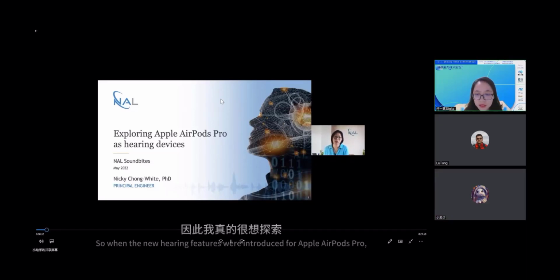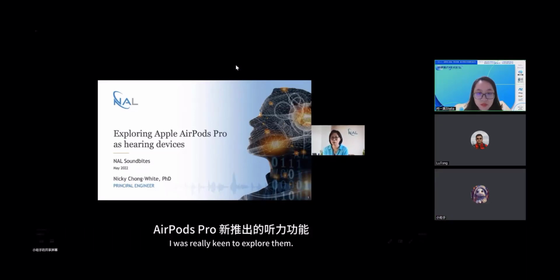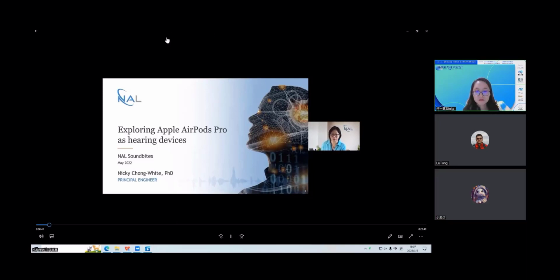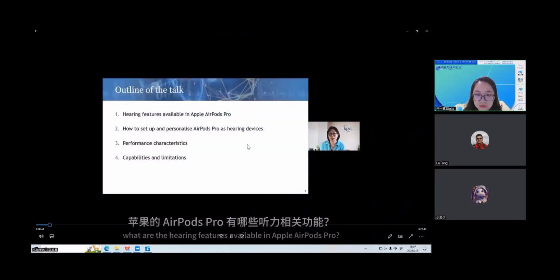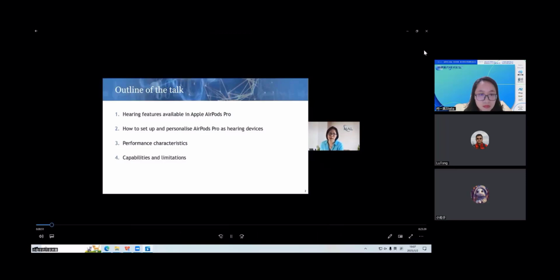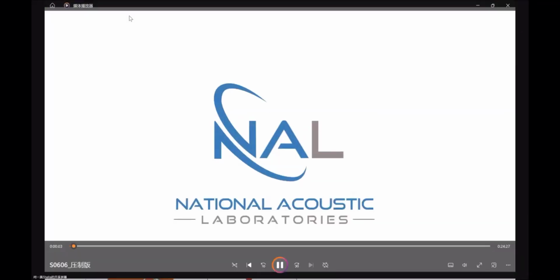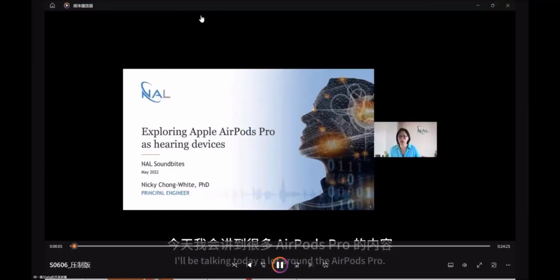要不我从我这边来播吧，你稍等一下啊，请大家稍等一下，或等我来播。没事，我来播。I'll be talking today a lot around the AirPods Pro, but in the wider context, we're